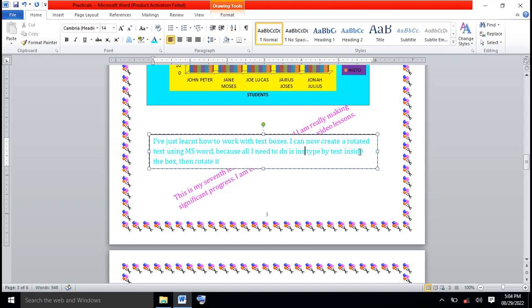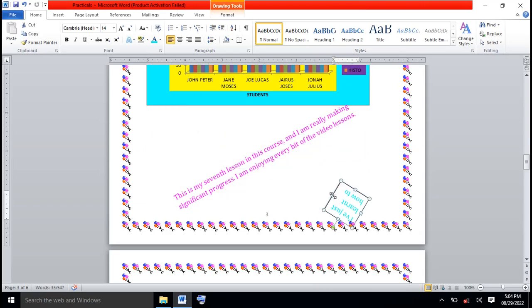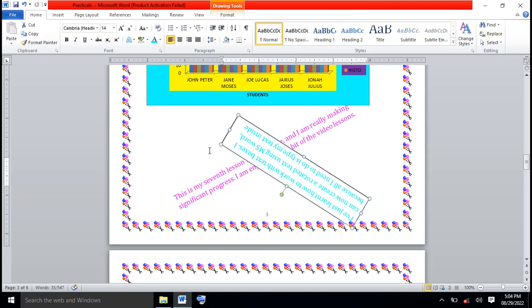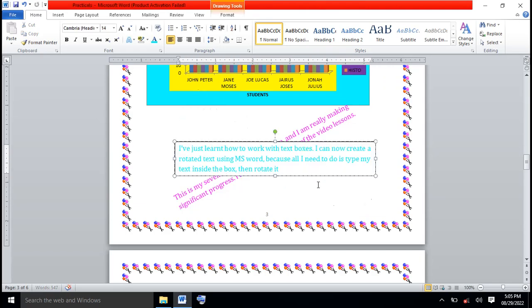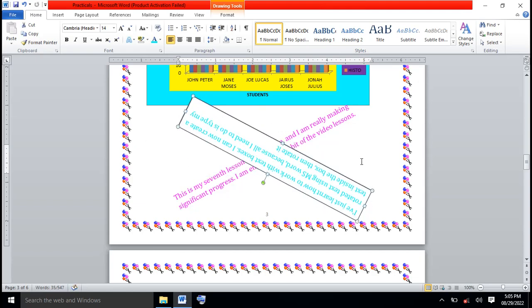All I need to do is type, this is my text, inside the box and rotate. Let me pull this on a little bit. It is very long, so I want to make sure it's not as long. Great. And now, so this is the text. I make sure it's rotated at that angle,